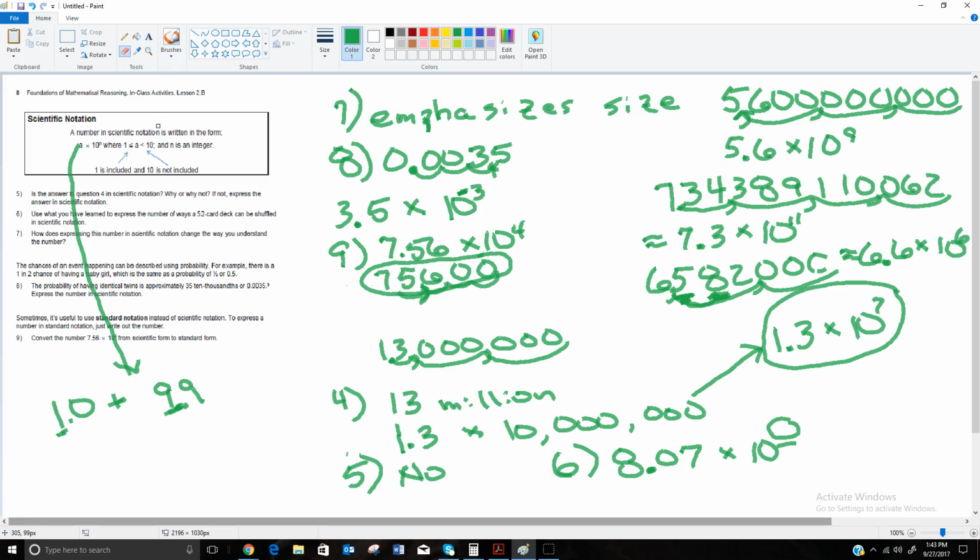So let me do one real quick that they don't have on here, but we'll do one that starts out in scientific notation with a negative power. And so, again, I'm just making this up. This isn't one that was originally on the lesson. Oh, goodness. I just erased all that. Just a second. All right, so if we go back to pick a number that's in scientific notation but has a negative on it. So say it was